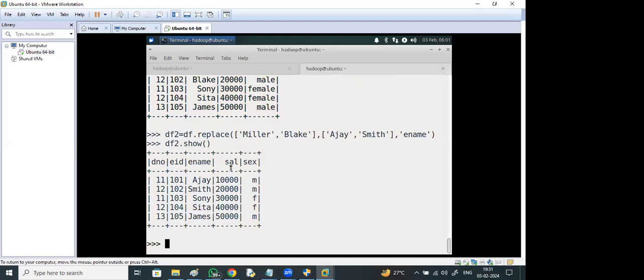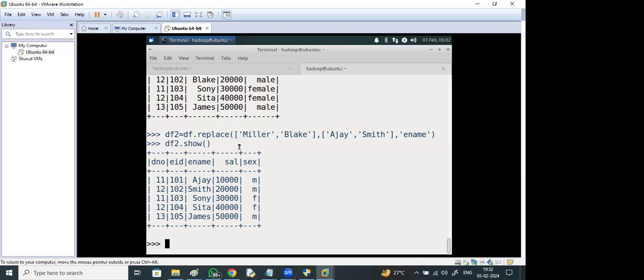Sir, this is only for the data frame object, right? Till now this change will be in the data frame object. A new data frame is created, and the original data frame remains the same. But if the employee has changed and we have replaced the employee name, how will it be impacted in the original database?